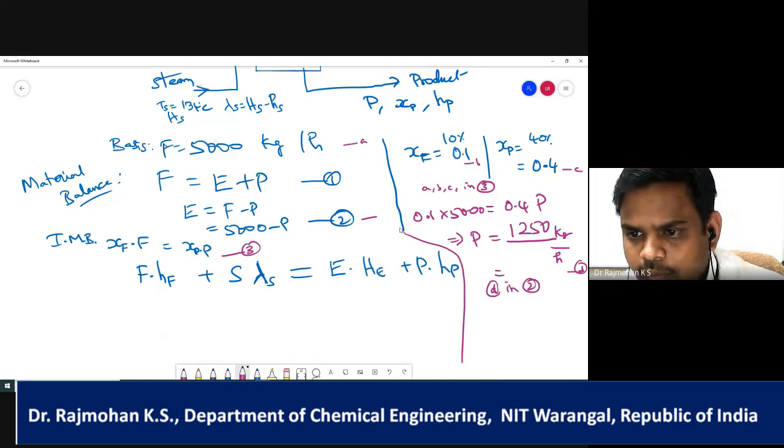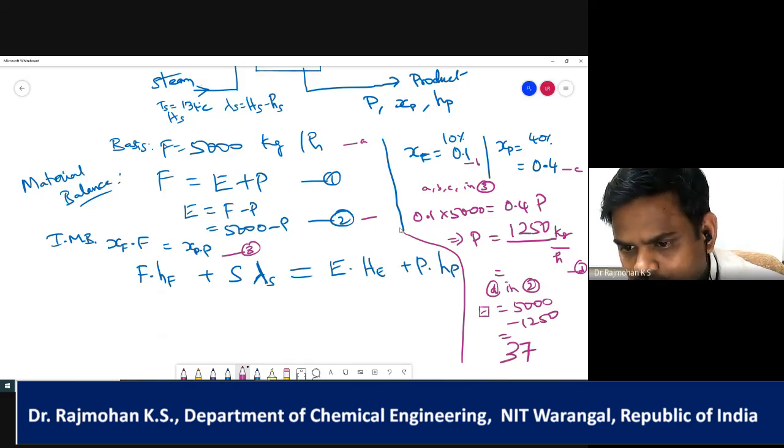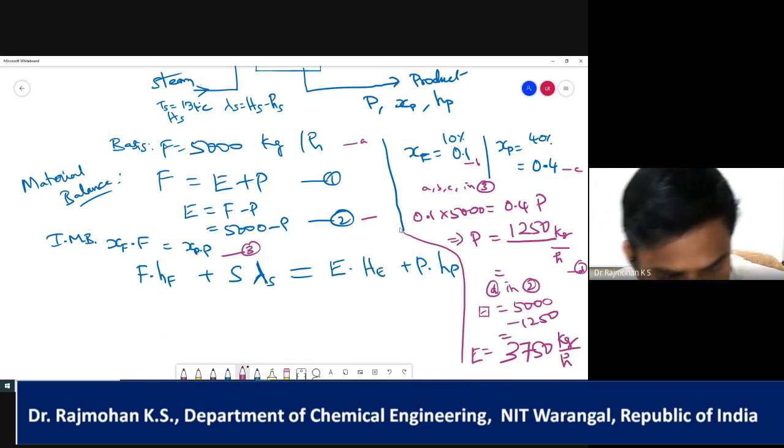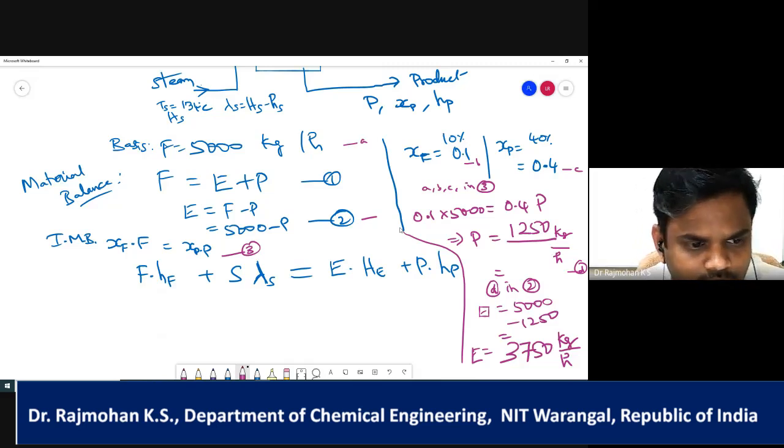So substituting P value, what we get is E equal to 5000 minus 1250, which is equal to 3750. So we get E value equal to 3750 kg per hour. Okay. So from energy balance, we can find the steam value. As I said, to find steam requirement,